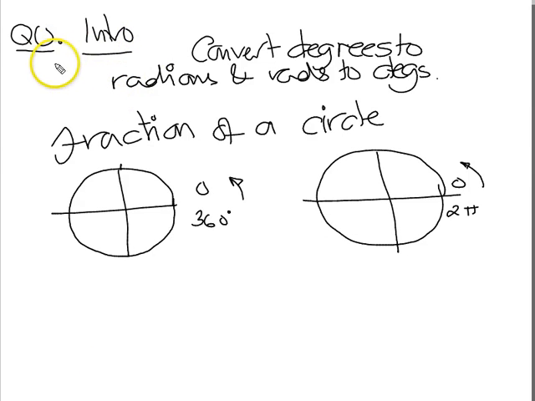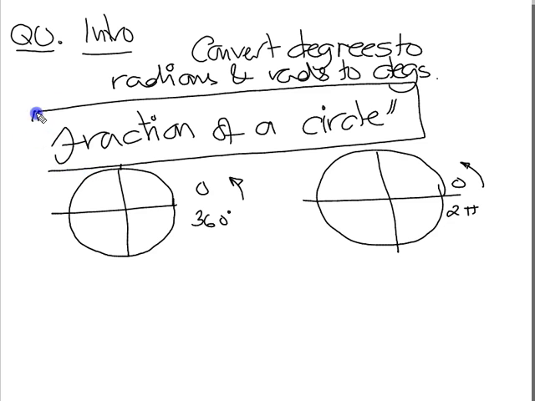Okay, we're going to do just a little intro here for this section of questions. There's 20 questions where you convert degrees to radians and radians to degrees. So let's have a little overview of this. The key sentence when doing all these problems is "fraction of a circle." If you remember that sentence and apply it, then you'll be able to go from one to the other with